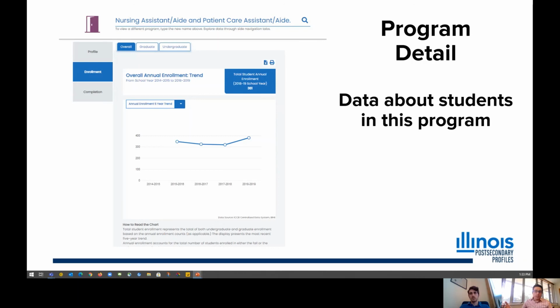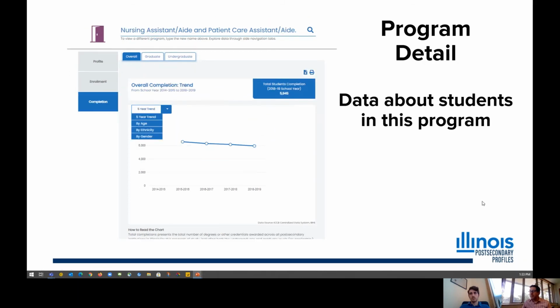There's the opportunity to print these pages or save them as a PDF, but also there's the opportunity to export data throughout the site into usable formats like a spreadsheet. And so that's one really unique feature that makes this super usable, not only for students and families, but also for researchers. And so that's been an important component of the site from its outset.